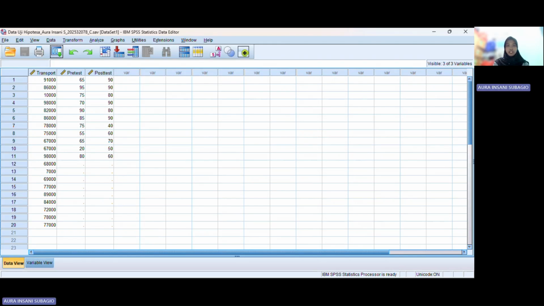As you can see in here, this is the SPSS data. And this is the output.